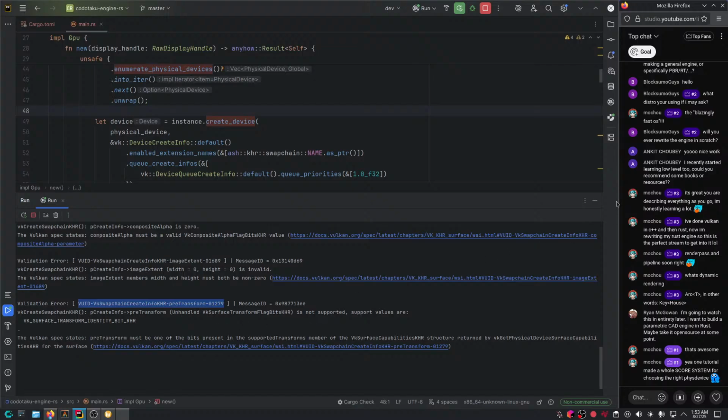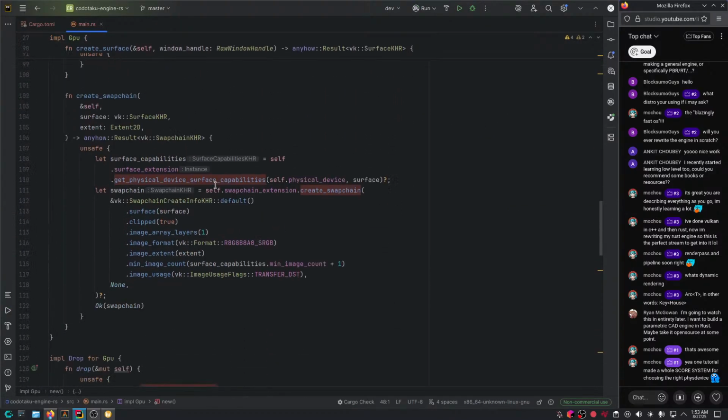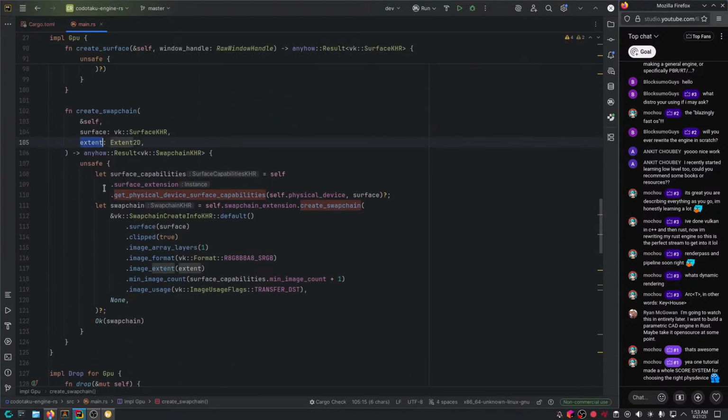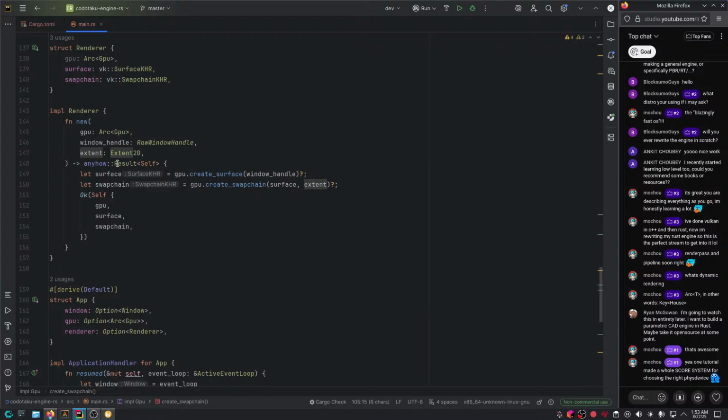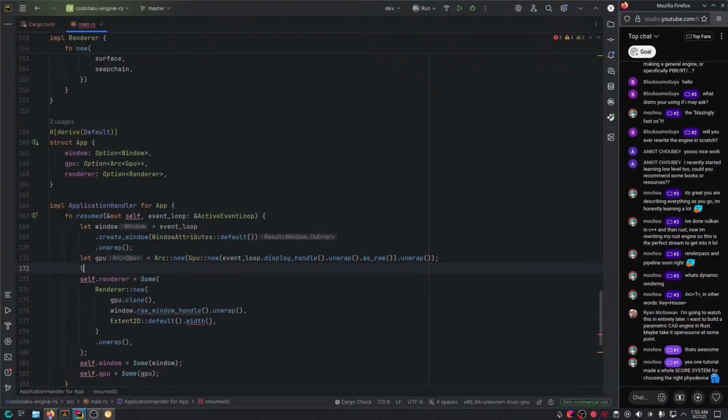Alright, so let's actually fix those. Let's go to where we're creating the swap chain here, and let's see what's going on. So first of all, we got the extent. Where are we taking the extent? We're taking it from here. And here, as you can see, we're saying default. Well, let's actually set the width and set the height. But of course, we're going to take that basically from the window. So let